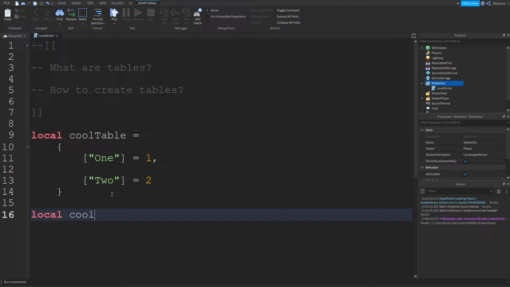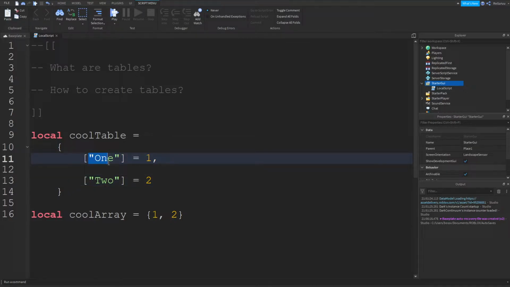Let's call it cool array equals 2. So, as you can see, in arrays we just have positions, position 1, position 2. In cool tables, we get to name the positions, and it doesn't really matter what order they are in. We're going to index them by giving each a key.